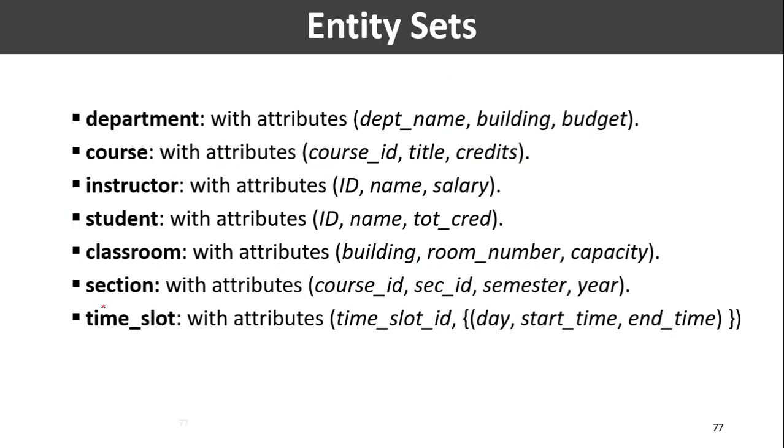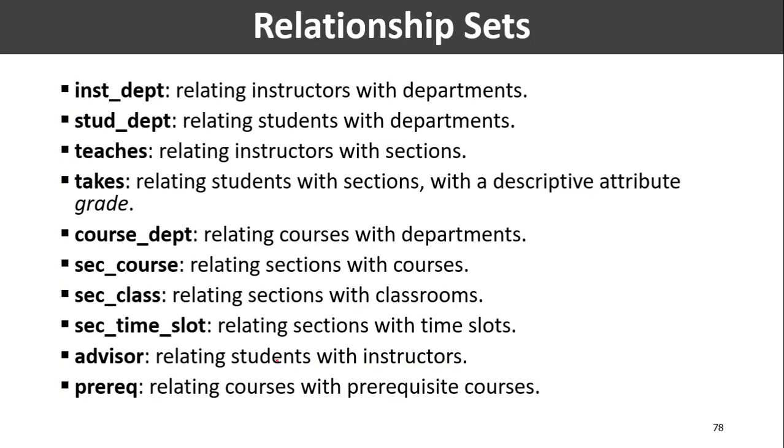we have identified. So here we have identified entity sets as department, course, instructor, student, classroom, section and time slot, right? And the attributes are also being mentioned. Okay, now similarly we may identify the relationship sets,